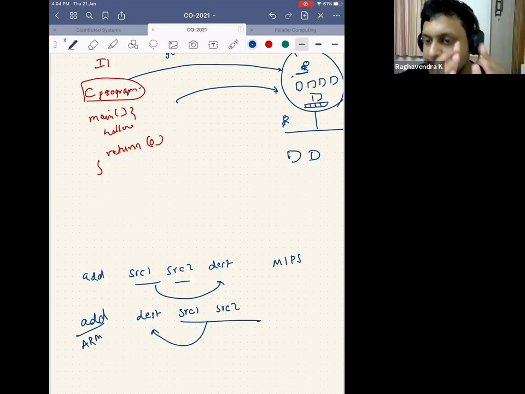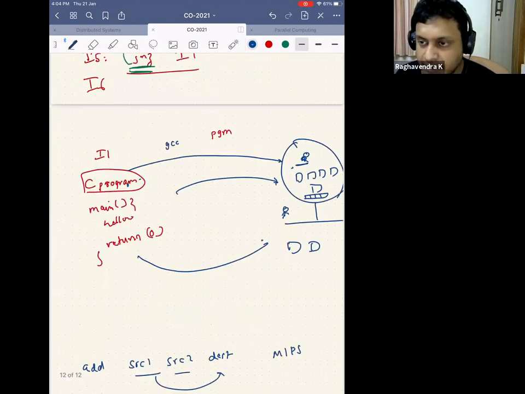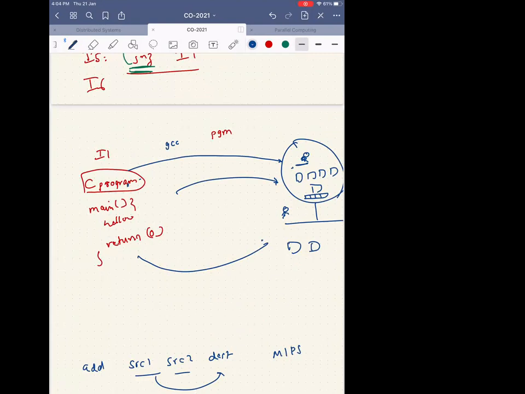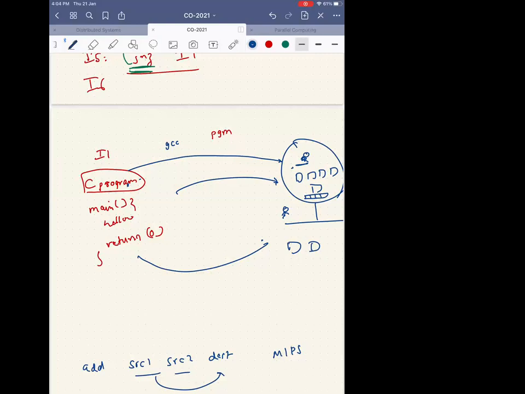Okay, so you compiled the program on an Intel processor, which means that you converted this C program to this add, subtract, and all those things, right? And you converted it to ones and zeros, and you ran it on the Intel processor. It works. Now you just copied that into an AMD processor and you started running it. Will it work? So how many of you say yes? AMD also uses x86, so it should work. Yes, AMD also uses x86, so it means that the guys are the same.